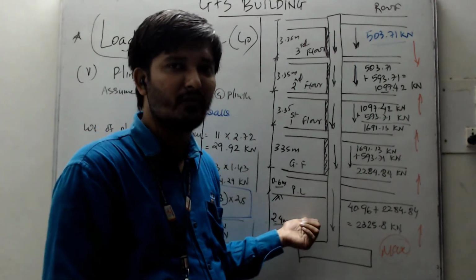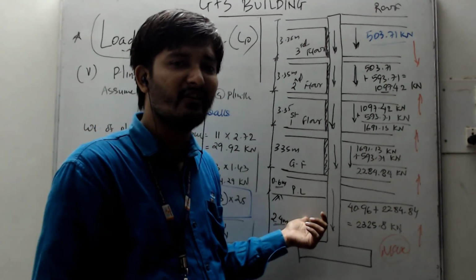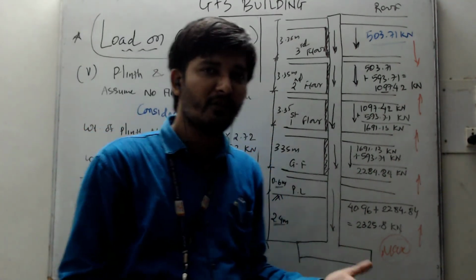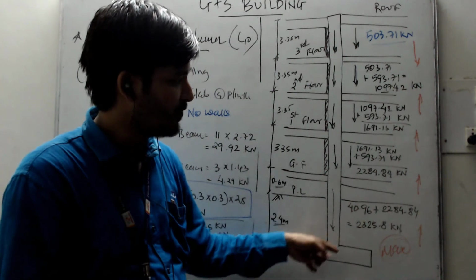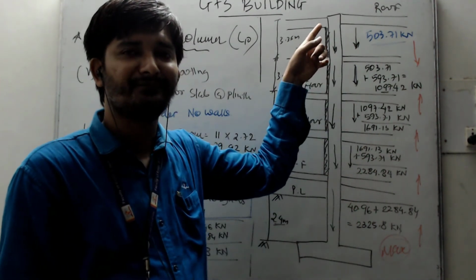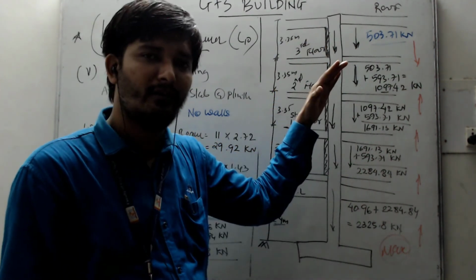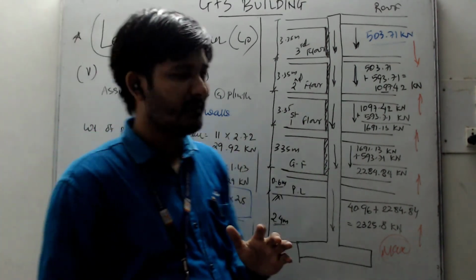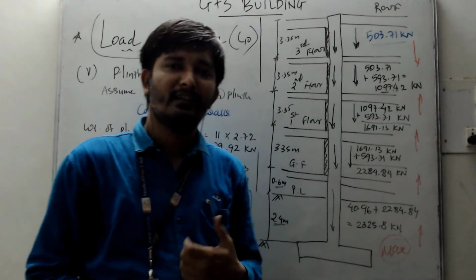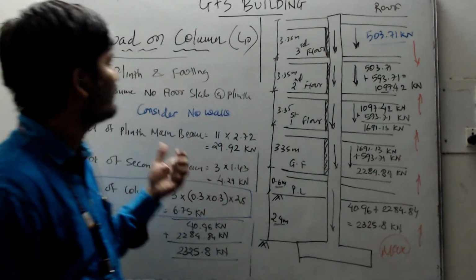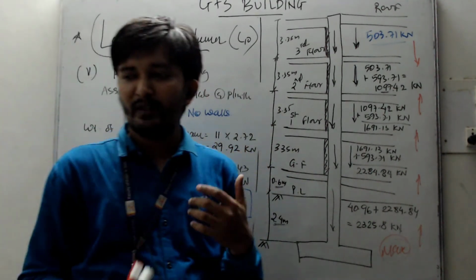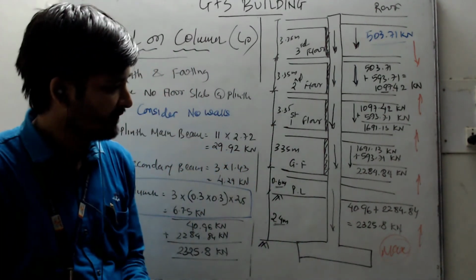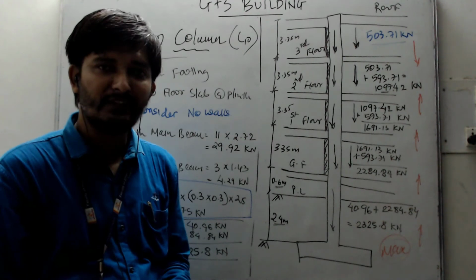You can check this in the software also, whether you are making the design correctly or not. To check in the software, you apply dead load and live load, gravity load, run the analysis, and check the load pattern of the columns from bottom to top, right? This is a practical tip that all of you should take care. So with this, we complete this step of load calculation. Once we calculate the load, the next step is to design, right? For designing, we are going to do it in the next session.